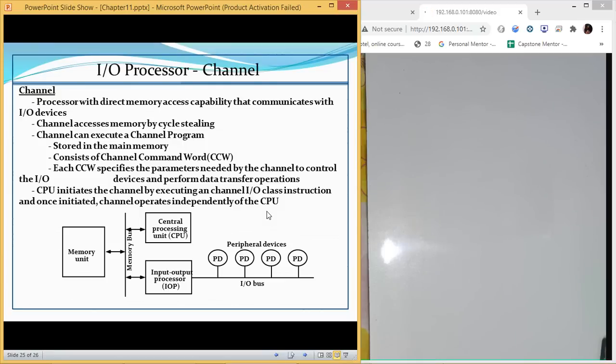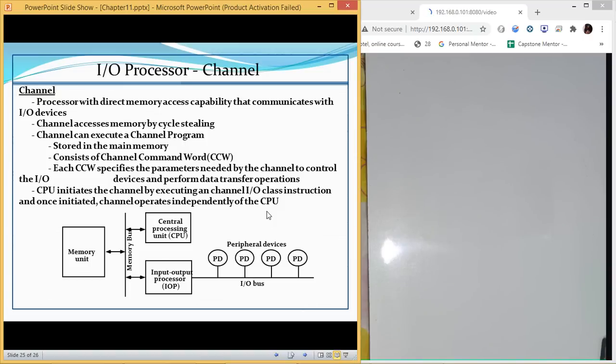So it was working better. But in DMA, still the CPU has to initialize the DMA. CPU is still involved, even though it is for a shorter period of time. It only has to initialize the value on DMA and that's it. But still, it is involved in the transfer.